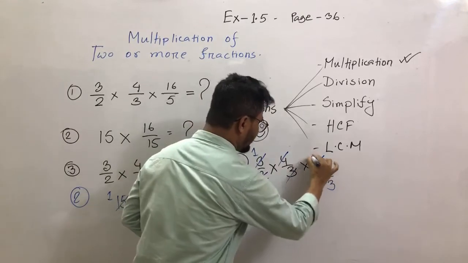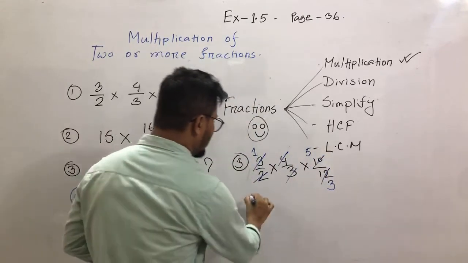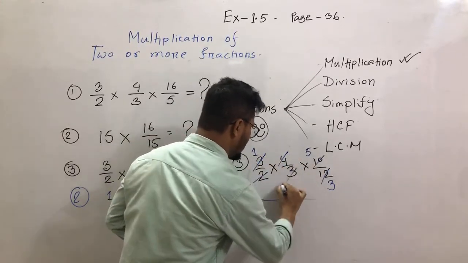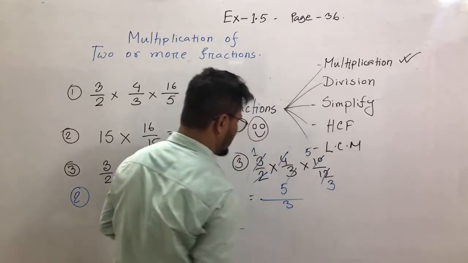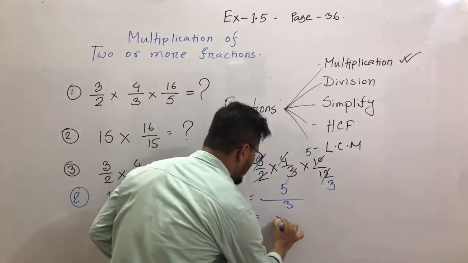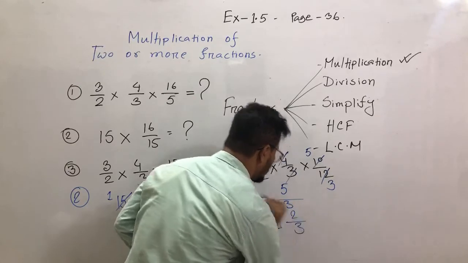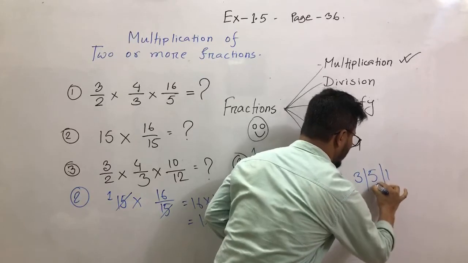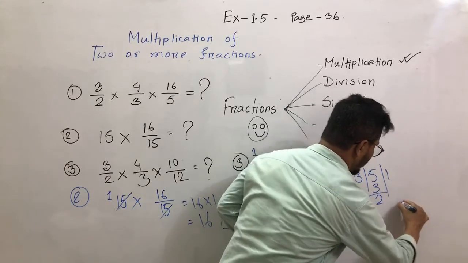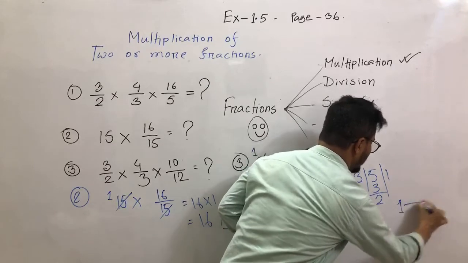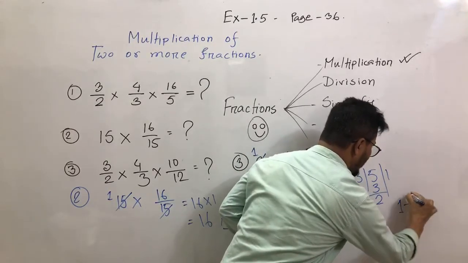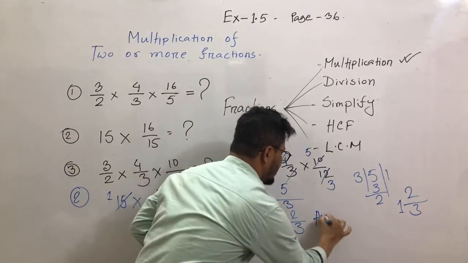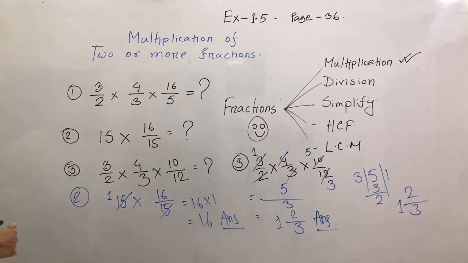So 2 in 10, 5 times. So now what is in the numerator part? 1 multiply 5 is 5, and this is now 3. And doing the division, you will get 1 whole and then 2 by 3. If we divide 5 by 3, 3 1 times 3 and then 2. So now this is 1 whole. The quotient will be the whole number, the divisor will be the denominator here and the remainder will be the numerator. So this is our answer. Absolutely right answer, my dear students.